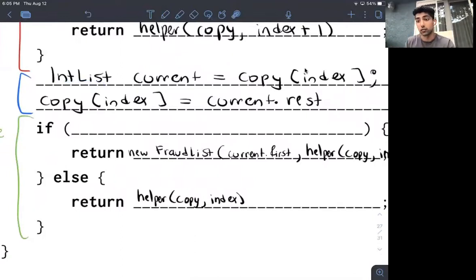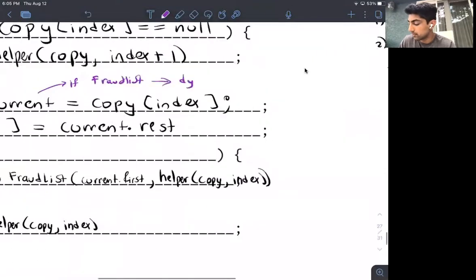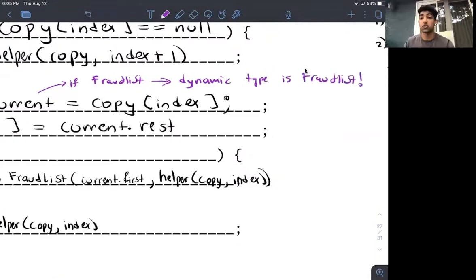But if current is a fraud list, then the dynamic type of current is fraud list. Well, let's just rely on dynamic method selection.